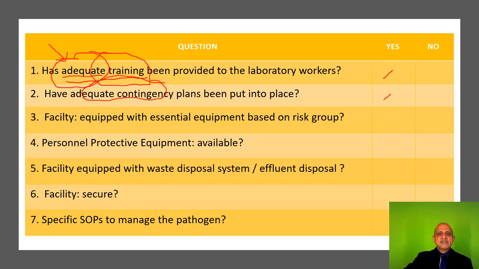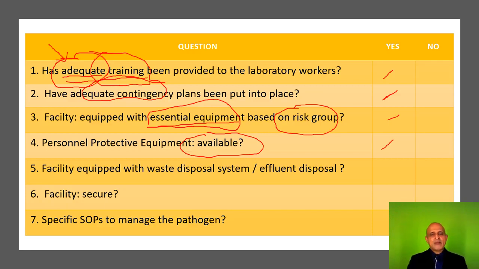Facility equipped with essential equipment. As I mentioned earlier, the essential equipment is a biological safety cabinet based on the 4 risk groups. So you require at least a basic laboratory biological safety cabinet. And if you have yes, you click here, and then if no, you proceed to the next question. Is PPE available? And the type of PPEs. In our lecture on personal protective equipment, I will discuss the various kinds of PPEs available to mitigate the risks posed by inhalation via cutaneous or subcutaneous entry and other routes of entry.